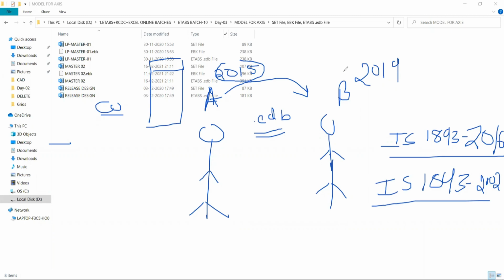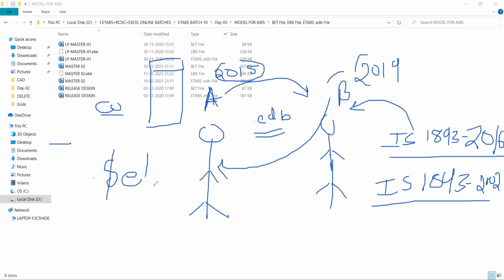अब अगर ये मॉडल को मैं इस वर्जन में ओपन करने की कोशिश करता हूं, सो होगा पॉसिबल? नहीं, पॉसिबल नहीं होगा, बिकॉज इट इज द 16 वर्जन. अच्छा, if I am going to create the model in higher version of ETABS software and assignment of the load, सो यहाँ पर मैंने 16 के अकॉर्डिंग लोडिंग लगाया हुआ है और मॉडलिंग भी मैंने एडवांस ऑप्शन के साथ की हुई है. अगर वो मॉडल को मैं 15 वर्जन में ओपन करने जा रहा हूं, विल इट पॉसिबल? नहीं, उसमें भी वेरिएशन देगा. सो आप लोअर टू हायर जा रहे हो, हायर से लोअर जा रहे हो, सो प्रॉब्लम तो रहेगा आपको. सो एट दैट टाइम यू हैव टू शेयर द फाइल एज